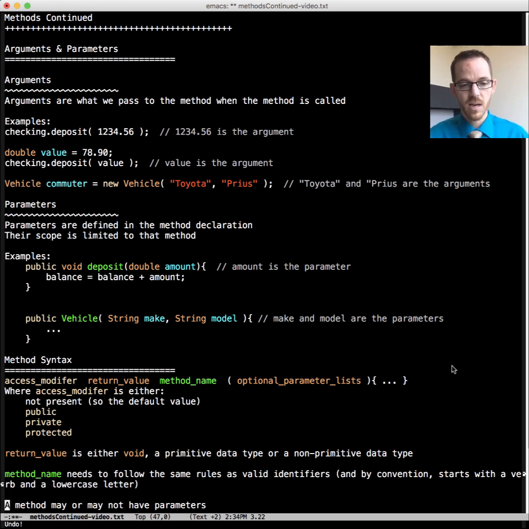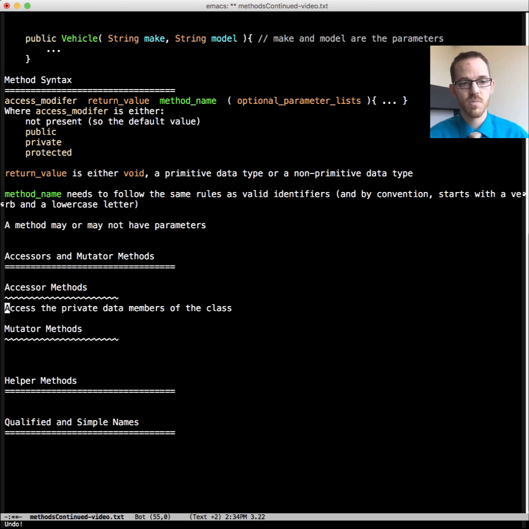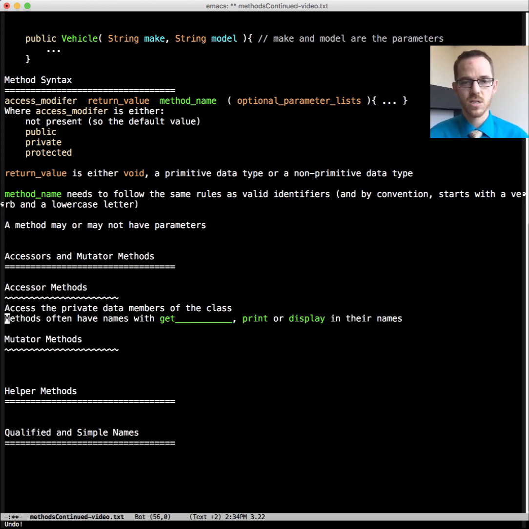Let's talk about different kinds of methods. So we have accessor methods and mutator methods. So let's first talk about accessor methods. These methods are used to access the private data members of a class. They often have a name like get or print or display to indicate what they're going to do, where get is usually followed by a value, get name, get whatever that item is, typically corresponding with the instance data, to be able to retrieve it.